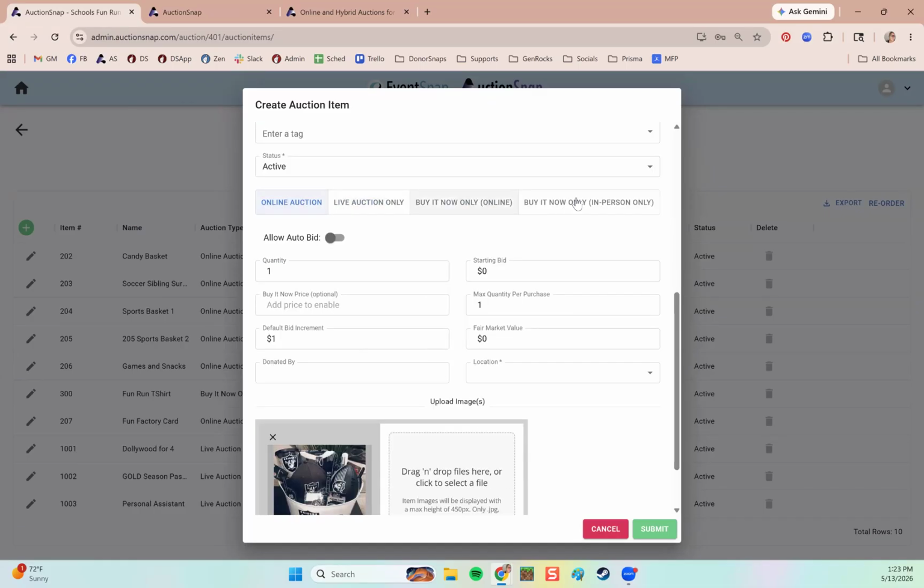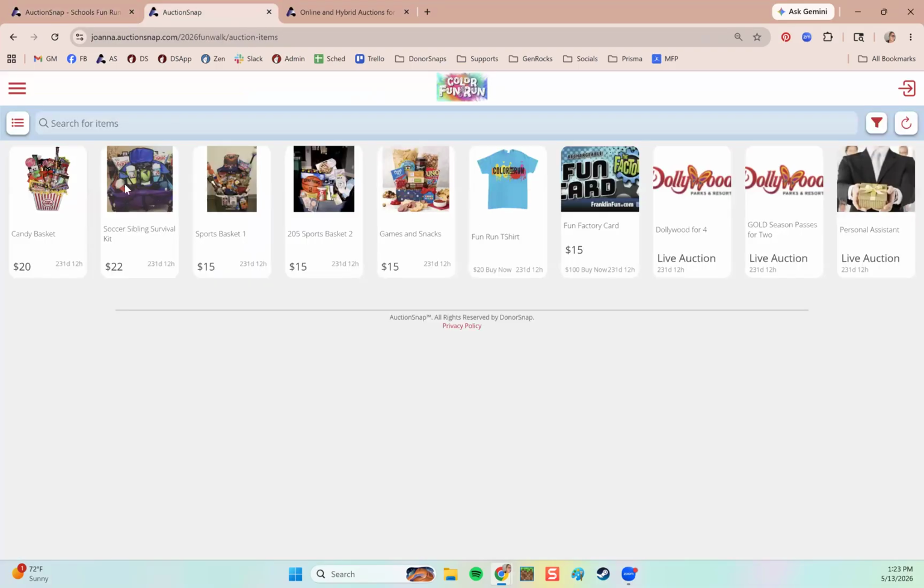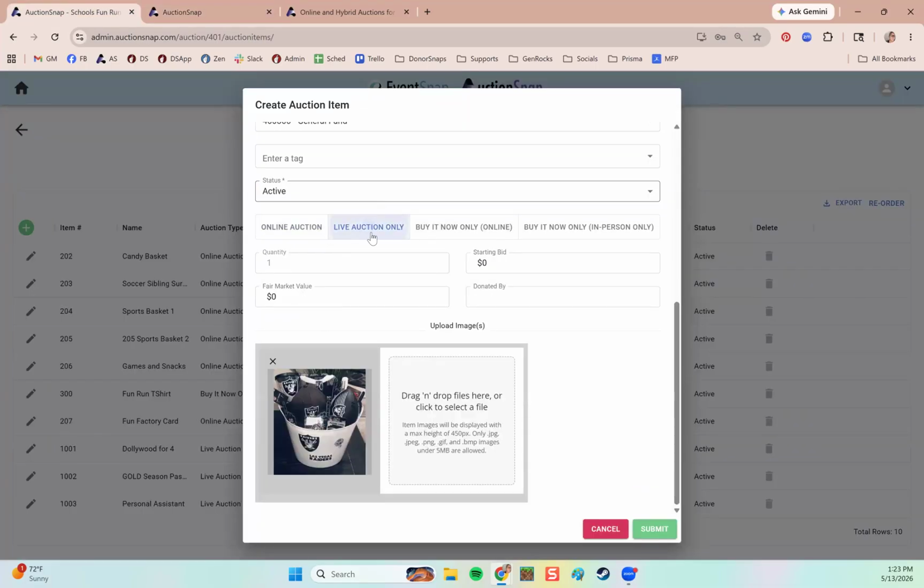And then we've got our 4 different options. We've got online. It's just these guys out here available to bid on. Have a fun evening. Live auction only. So these are going to be teaser items where people can see them. They cannot bid on them. Buy it now. So if you have a whole bunch of t-shirts that we're selling, you can buy it now,